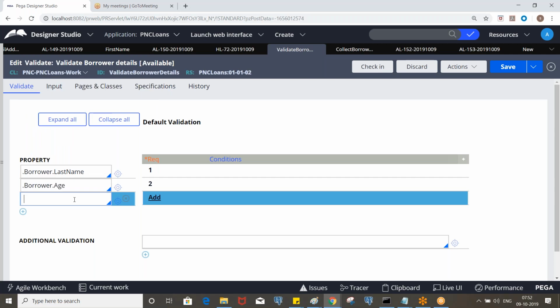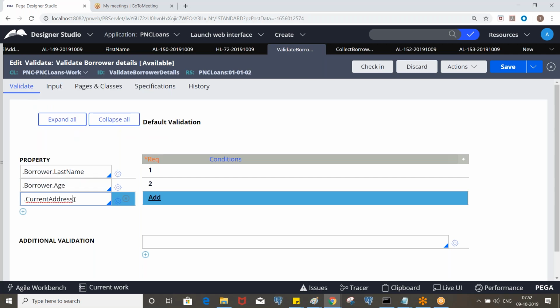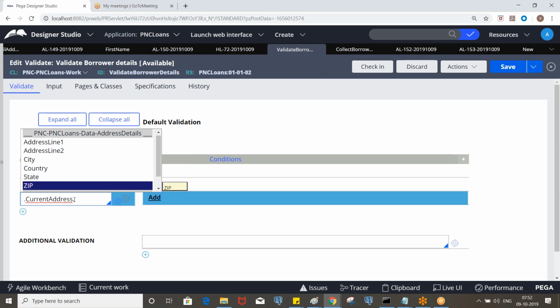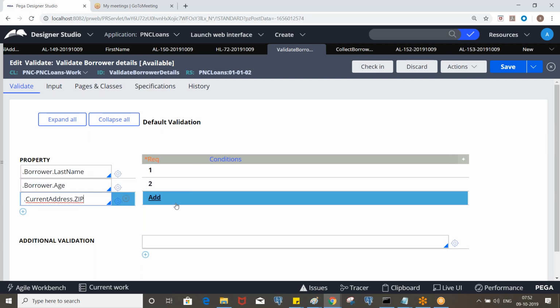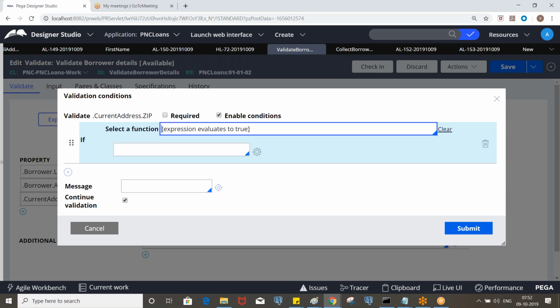Let's say current address. Okay, so it is also part of our screen, right? So now here we have a function. So we need to use the expression builder for this.